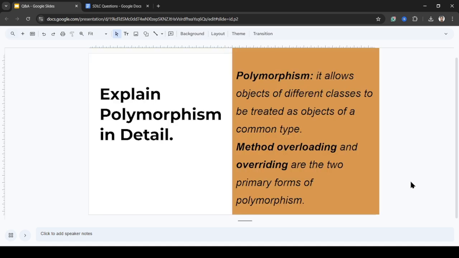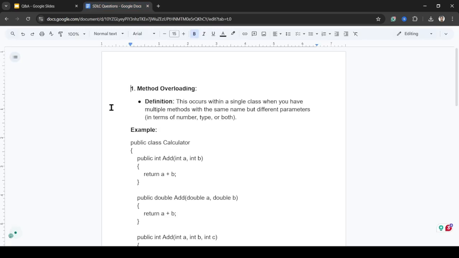So polymorphism allows objects of different classes to be treated as an object of a common type, and we can achieve polymorphism in two ways, that is method overloading and method overriding. So let's dig deeper and understand these two primary forms of polymorphism with the help of an example and the definitions as well.